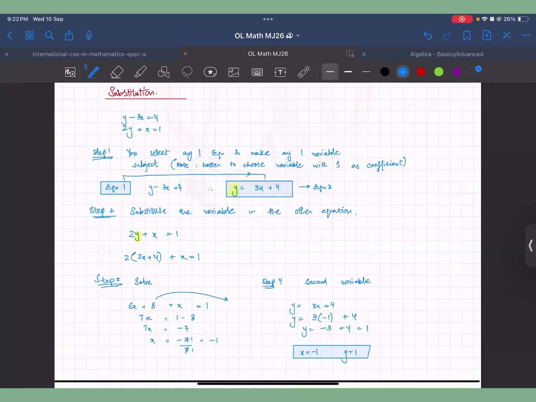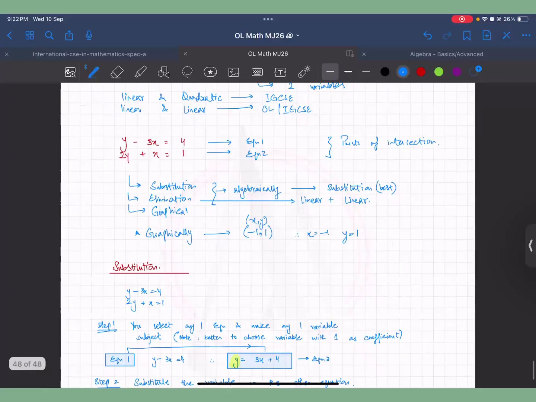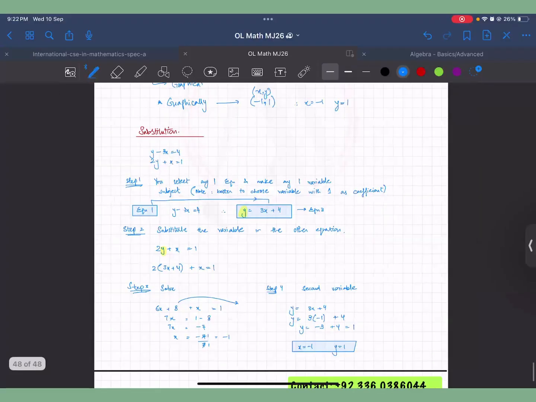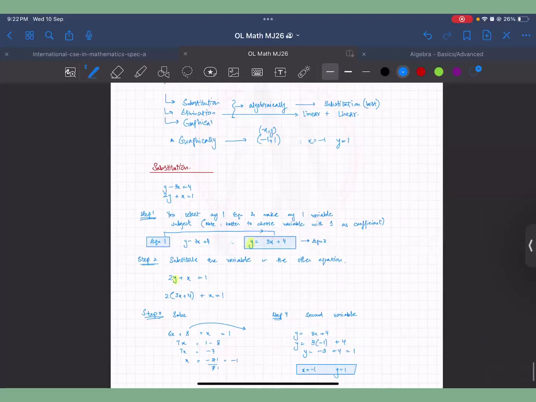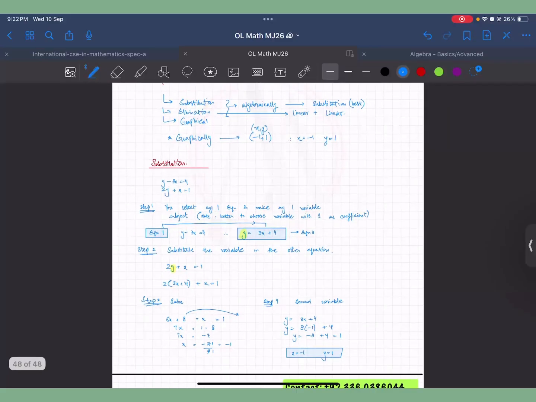Okay, now you know what to do. Now you just need to do some more practice and learn through your mistakes. See if you're stuck in some algebra part. There's nothing more over here. And now you also know the logic behind it. When you solve it, you are getting the point of intersection. And this substitution method is the best one. It will work for all situations if you're doing it right. Elimination can save you time, but it's better to use substitution, I think, in the long run.